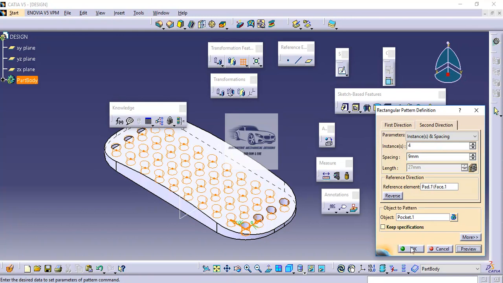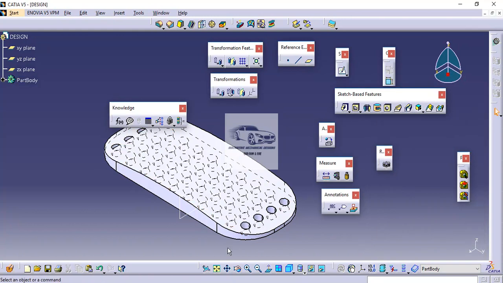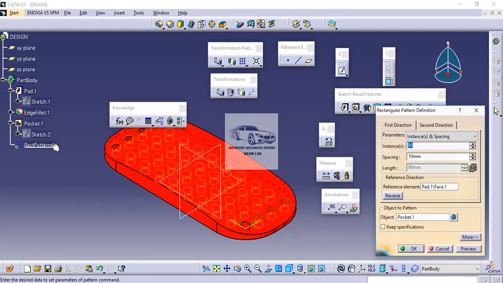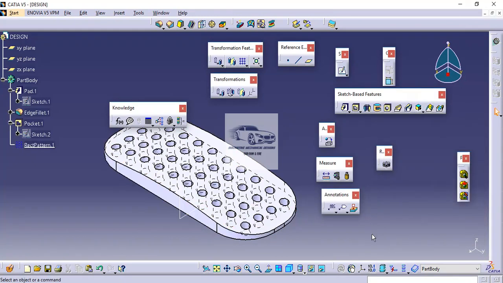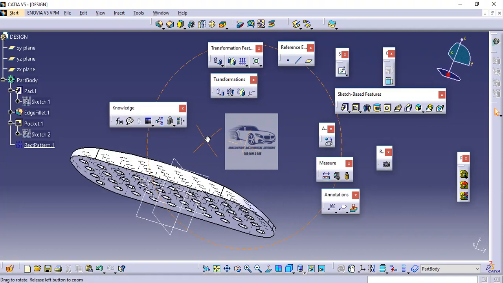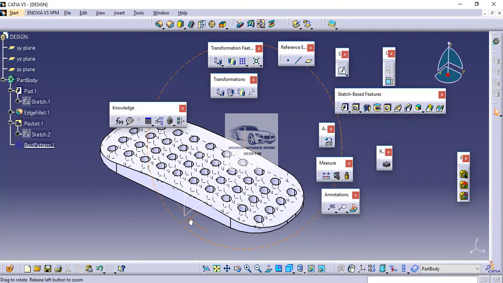Now if I take a look at the preview and then directly click OK, we can see that not all the holes are properly getting created here. The reason is that the pattern holes are not following the shape or curvature of this particular geometry. So in order to make them do so in pattern, we have to activate this option, Keep specifications, and then OK. This option is very much useful when we are creating patterns on a